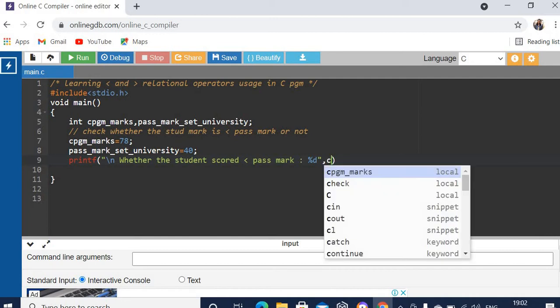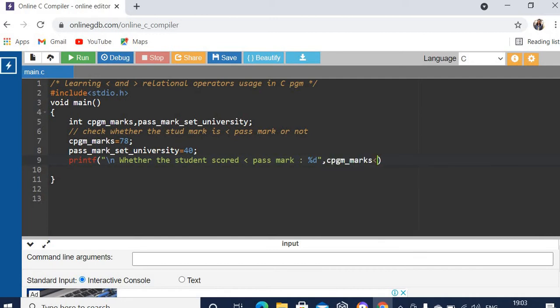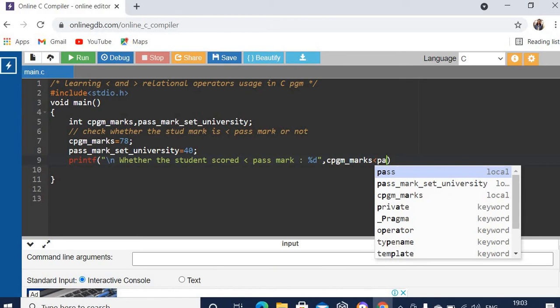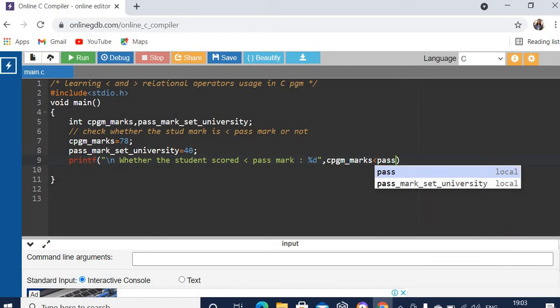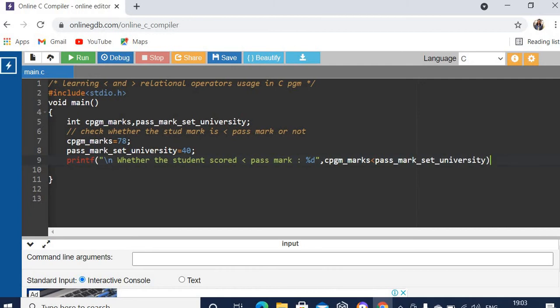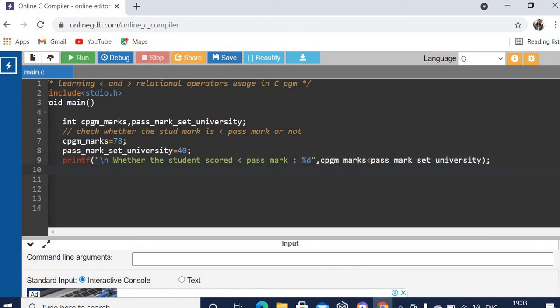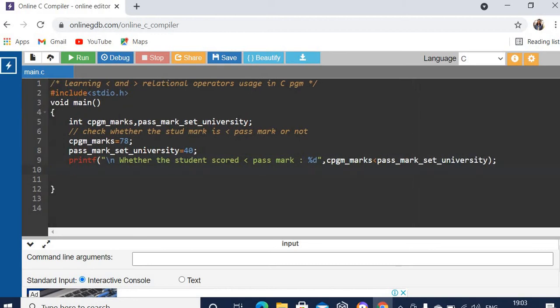So C program marks less than pass mark set by the university. Okay, we are checking.